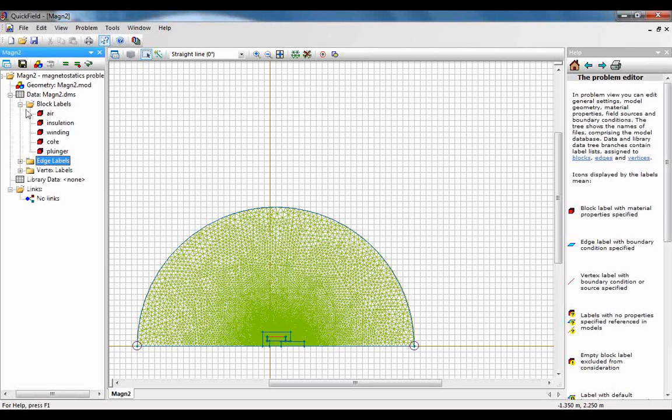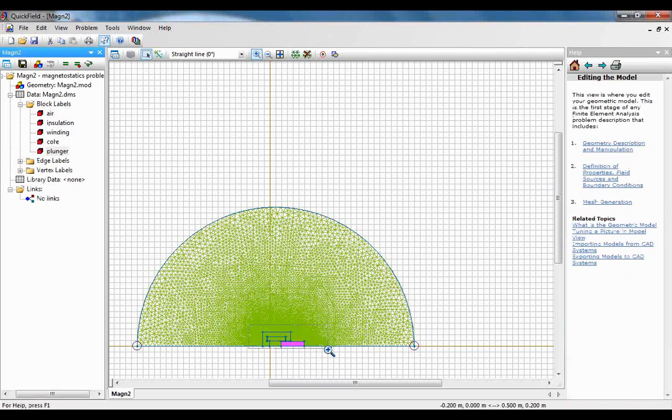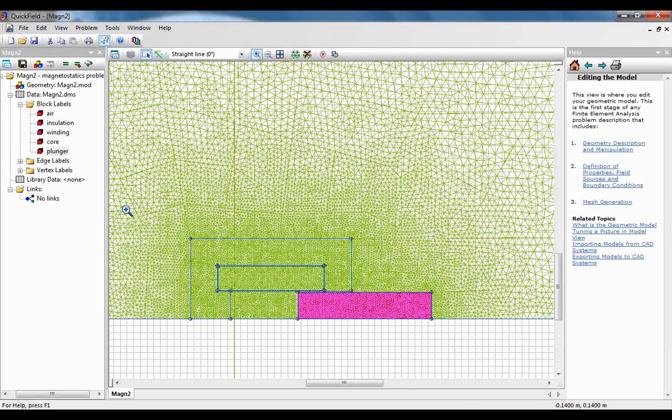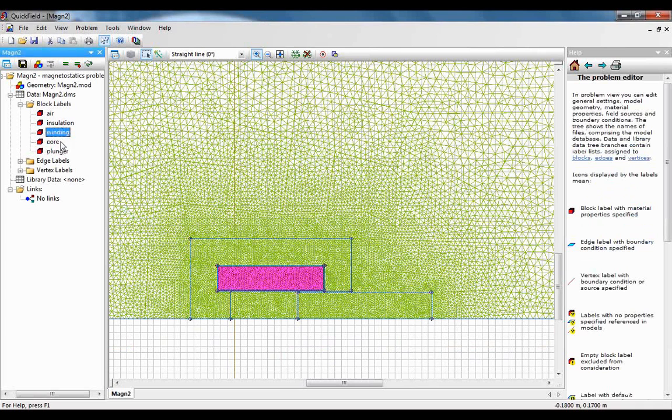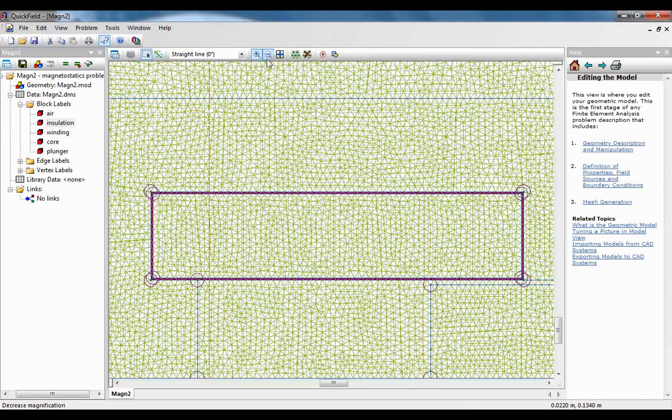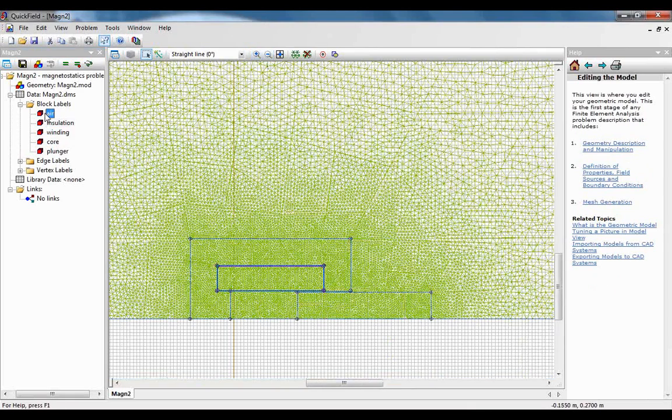So we have blocks. At first, we have plunger. That's plunger. We have the core. We have the winding. Insulation. Insulation is very thin. And the air,